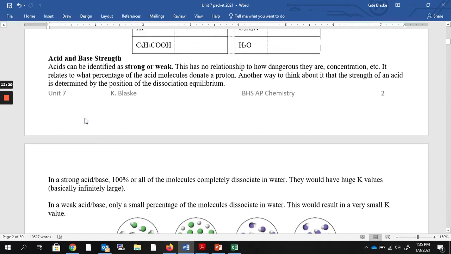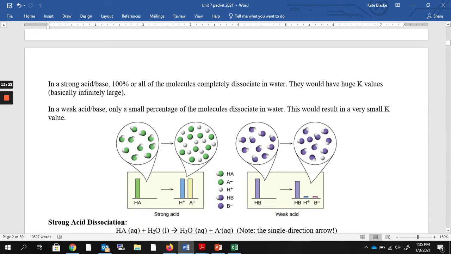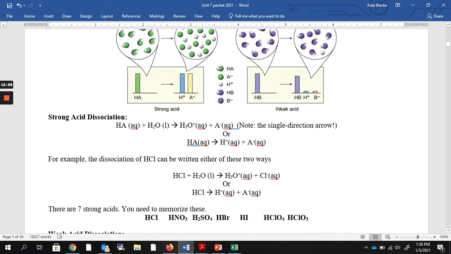So if I have a strong acid or a strong base, 100% of all of those molecules are going to dissociate in water. So if I have a strong acid, every single H+, every single proton is going to dissociate from the negative ions. If I have a strong base, in this case, all of the strong bases do have hydroxides. 100% of those molecules are going to break apart and form hydroxide ions. In a weak acid or a weak base, only some of those particles are going to break up. The majority of them are going to stay as a molecule,